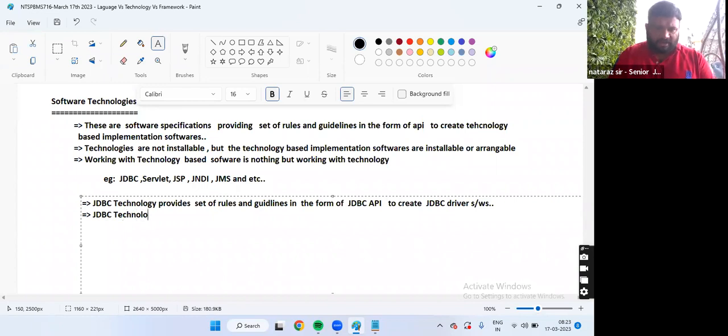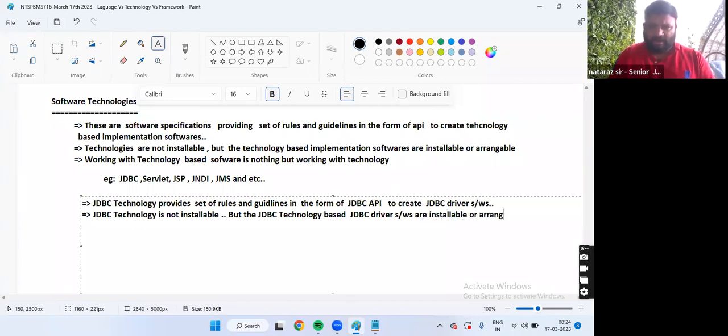JDBC technology is not installable, but the JDBC technology based JDBC driver software is installable or arrangeable.